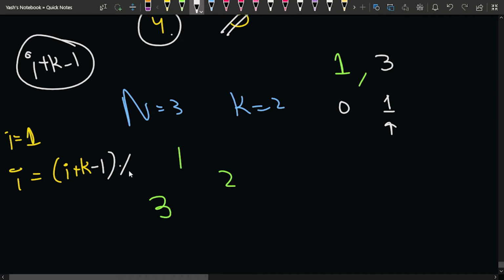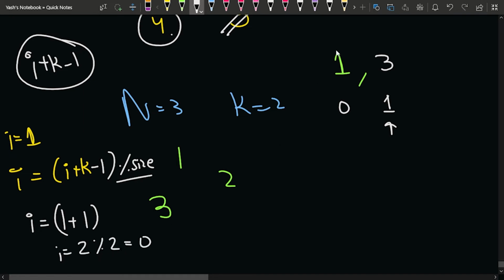So in that case, I'll do modulo with the size of the array every time, so that it remains in place. Because now what is the size of the array? The size of the array is 2. And what is the index that I want to delete? I wanted to delete 1 plus k minus 1, that is nothing but 1. So I wanted to delete index I is equal to 2. So basically if I do modulo with 2, I'll get 0. And that is nothing but this index, okay?